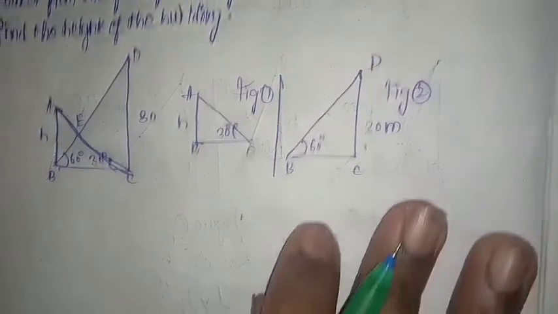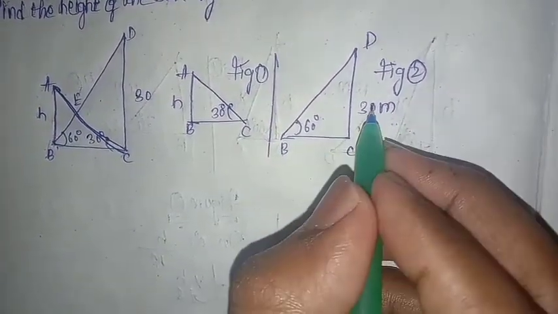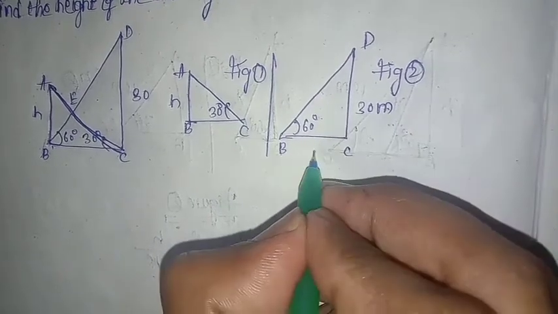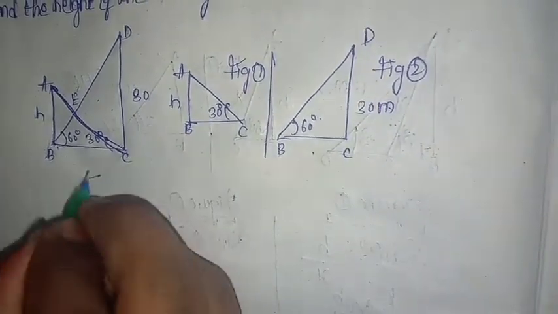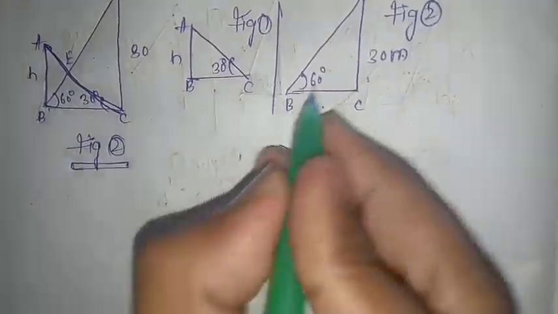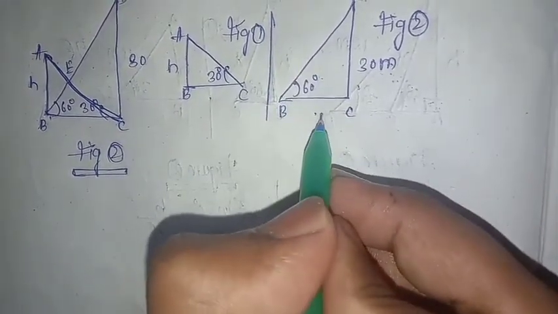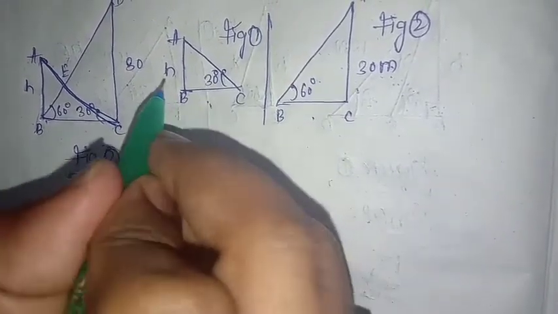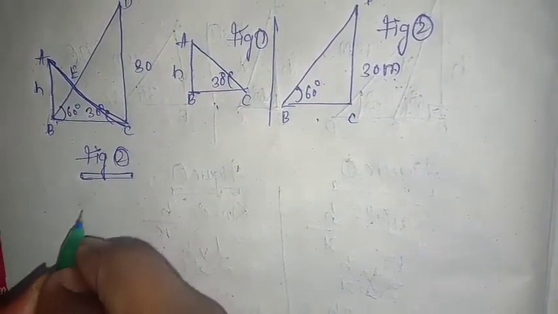So first we have to get the height. So first we will solve this, because the opposite side is there, we need the adjacent side. When the adjacent side is there, then we will get the height easily. So first we will solve figure 2. So here in the triangle, the opposite side is there, we don't want the hypotenuse, we want the adjacent side, because when we get the adjacent side we will get the height easily. So in figure 2 we have to take tan.